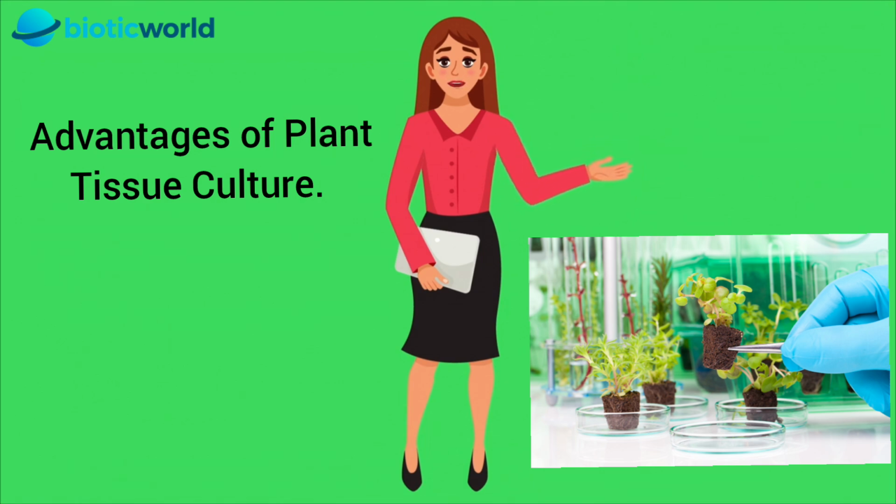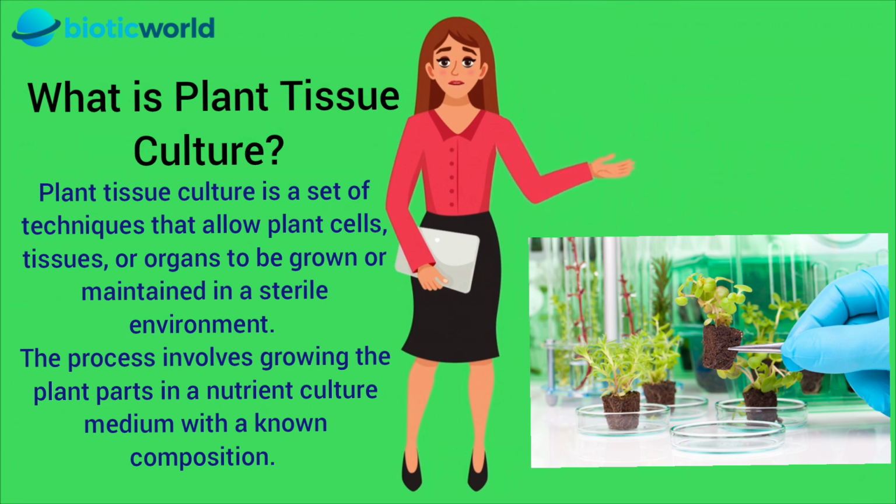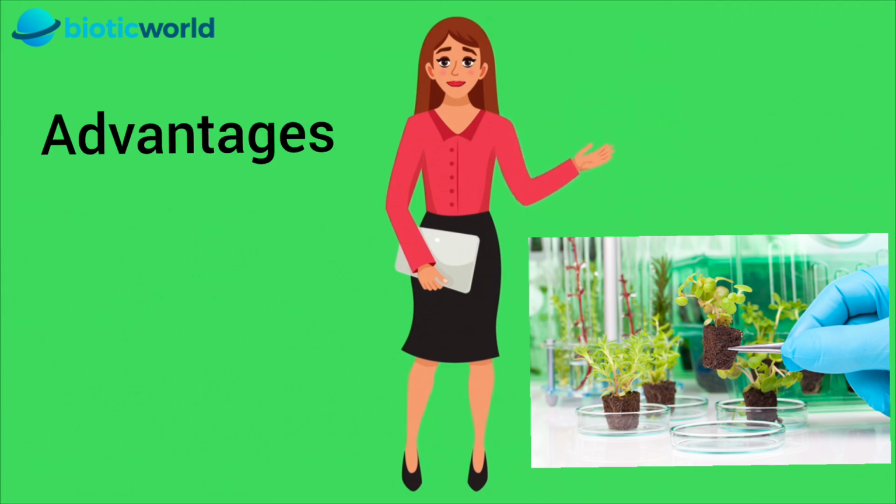To kick things off, let's understand what plant tissue culture really is. In its most basic form, it's the technique of growing plant cells, tissues, or organs in an artificial environment using a nutrient medium. These tissues, when exposed to the right conditions, can regenerate into entire plants. This technique is not just for research, it's widely used in the production of genetically identical plants, and the advantages it offers are immense, especially in terms of genetic conservation and crop improvement.